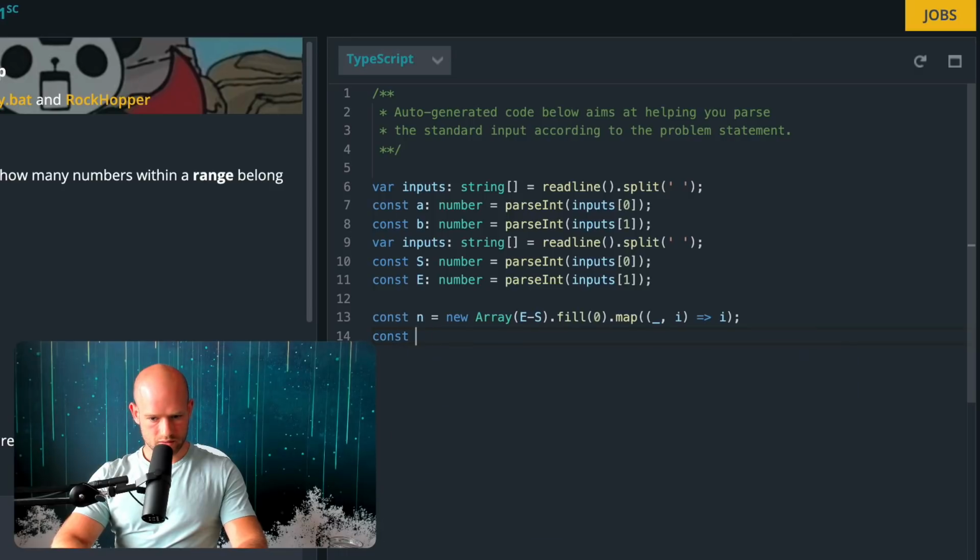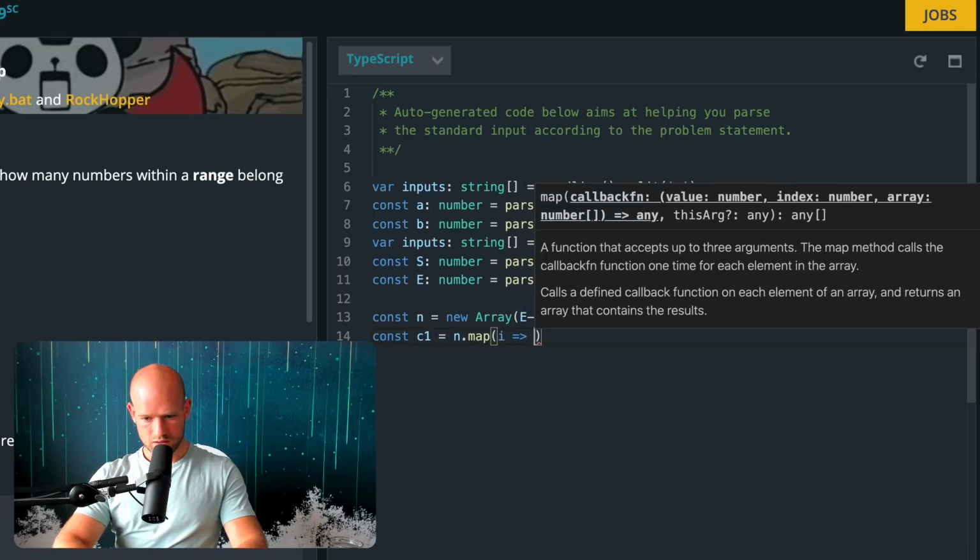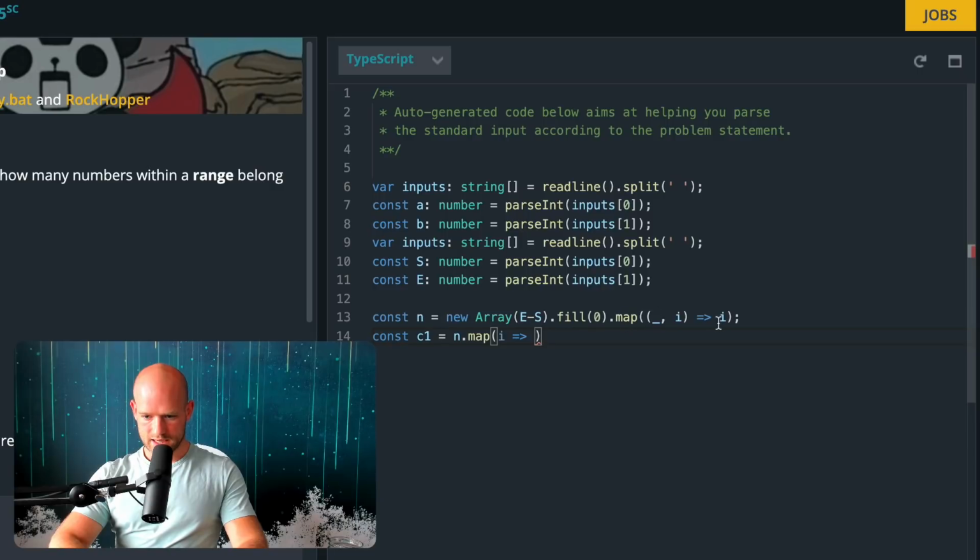So we have C1, it's gonna be, so for each number, no, what am I doing here actually? It's I plus start. Okay. So we filter